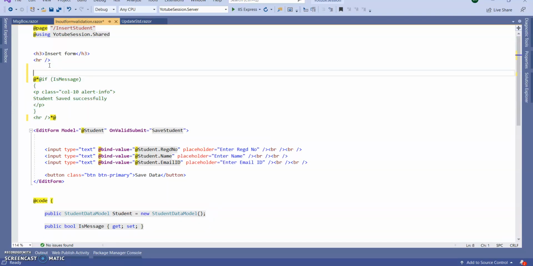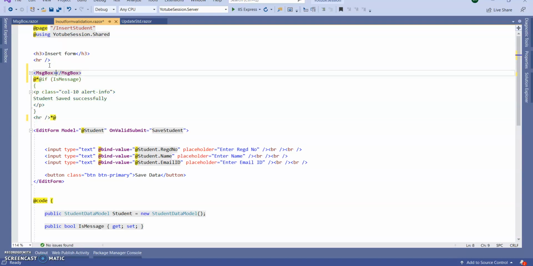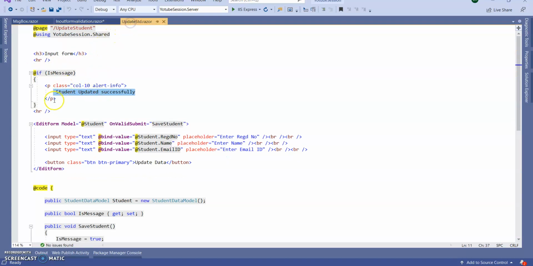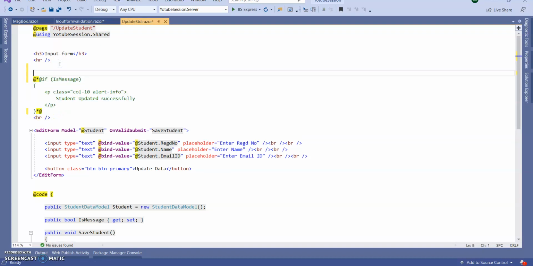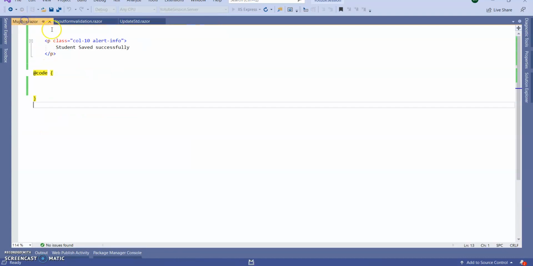and add here straightforwardly our newly created message box component, right? Copy paste the same thing inside our other page. I don't need this existing code. Now run the application and we will see whether our message box Razor component is being called in both the pages or not.